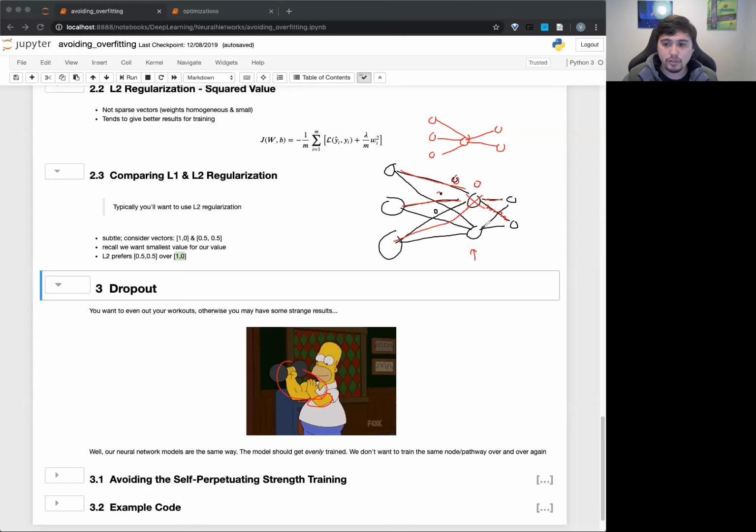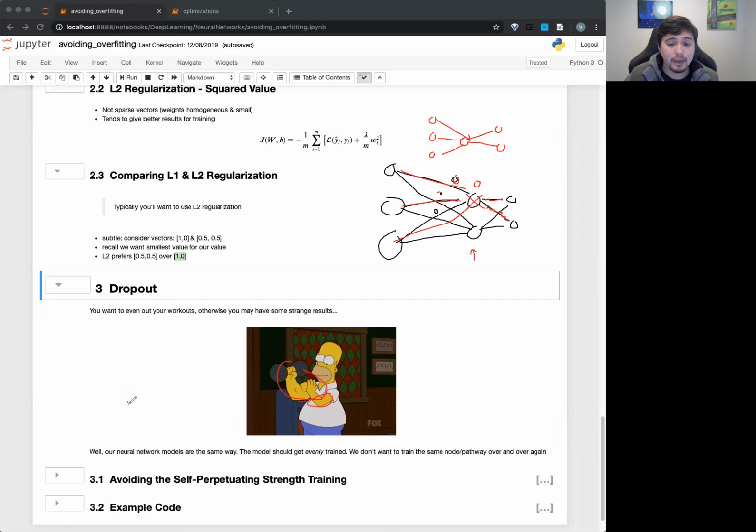Note too that I only drew 2 neurons, but imagine if you had a very complicated set, right? And you're like, okay, I need a very complicated neural network architecture. And you have many neurons in a layer, but then most of them go away. Well, now you don't have a complicated neural network, right? It's way too simple.